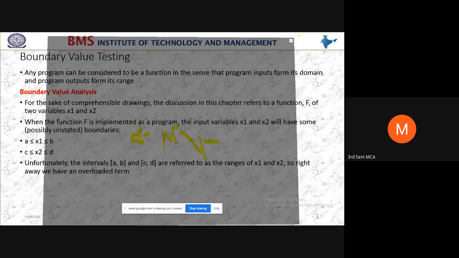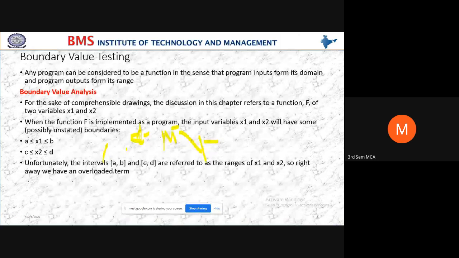So here in day, what is the minimum range? 1. What is the maximum range? 31. If you take any month, the minimum date will be 1 and the maximum will be 31. We don't have any month with more than 31 days. We check whether this D is less than 31 or not.